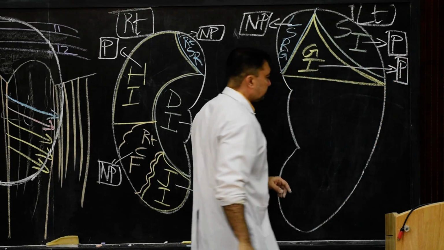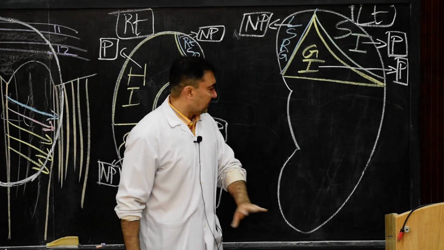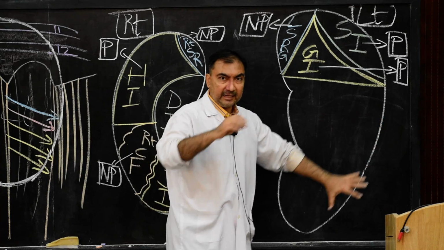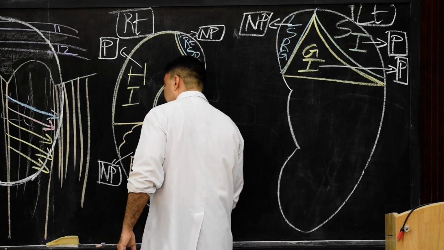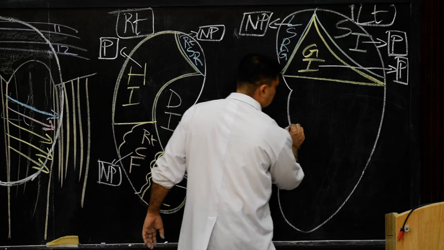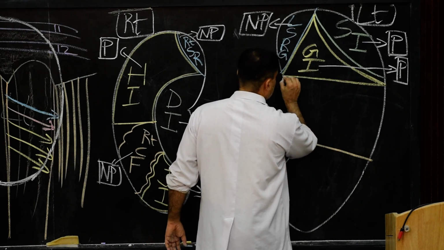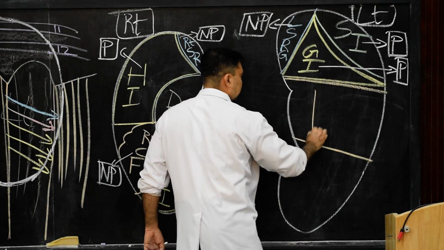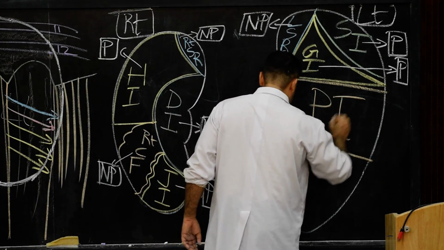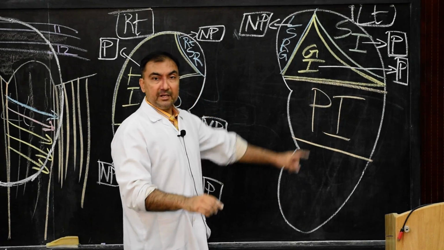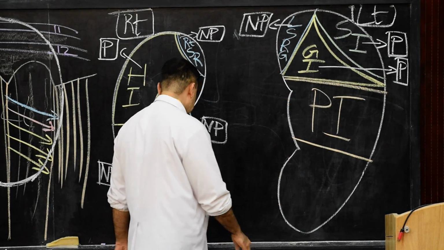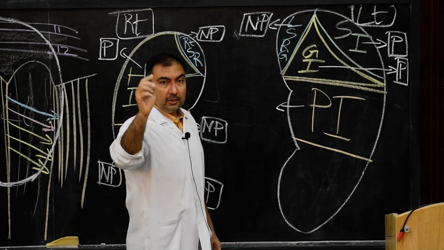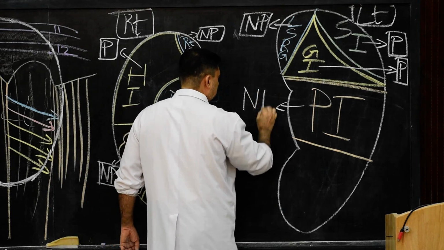Now we are left with the remaining 3 impressions, across the middle where my hand is. You stretch a rectangular shaped impression, and that rectangular shaped impression here becomes the pancreatic impression. So it is related with the posterior surface of the body of the pancreas, pancreatic impression. And this pancreatic impression will be totally non-peritoneal. So it is non-peritoneal impression.